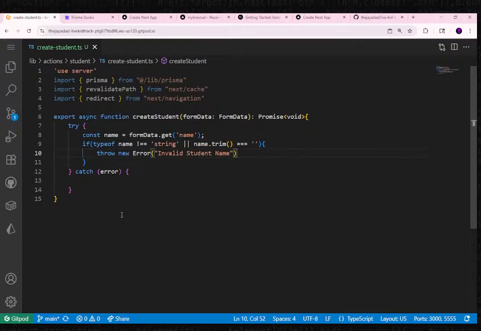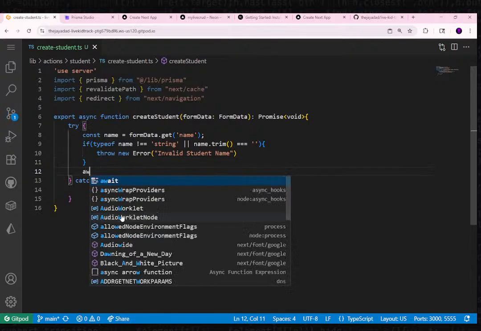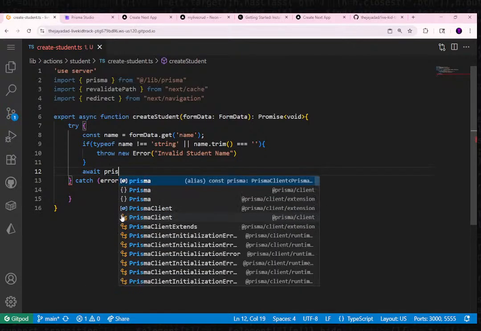This is just saying that if we get a blank response from the user, or we get a numerical value or anything other than a string, we want to kick that back to the user saying, hey, this isn't valid. We're not going to be able to store it. Please try again. But if we do get valid data from the user, at that point, we want to establish